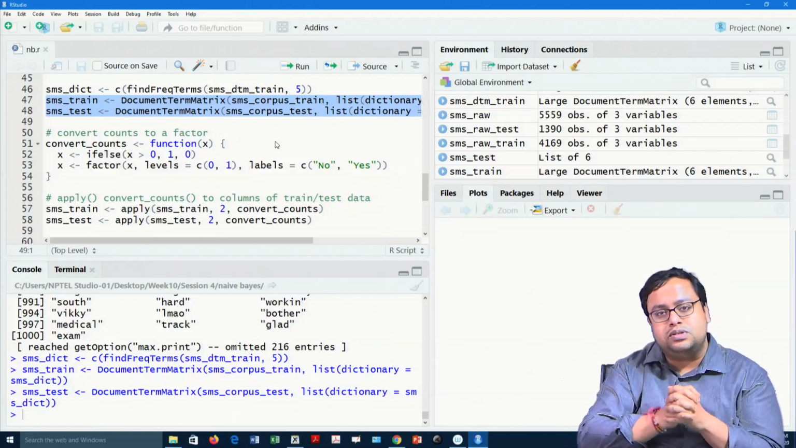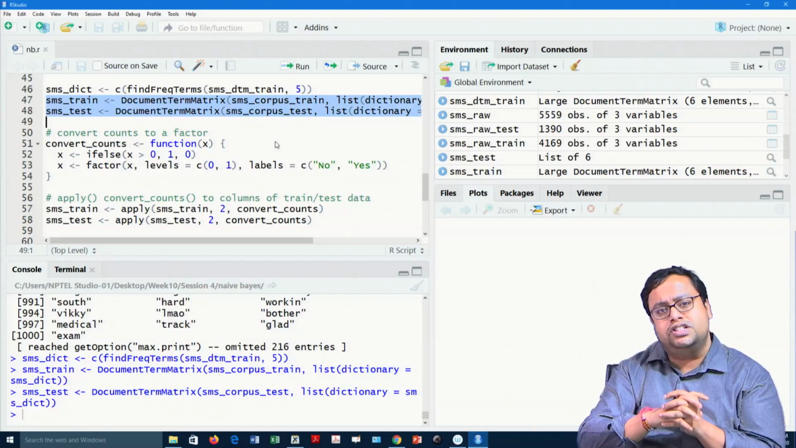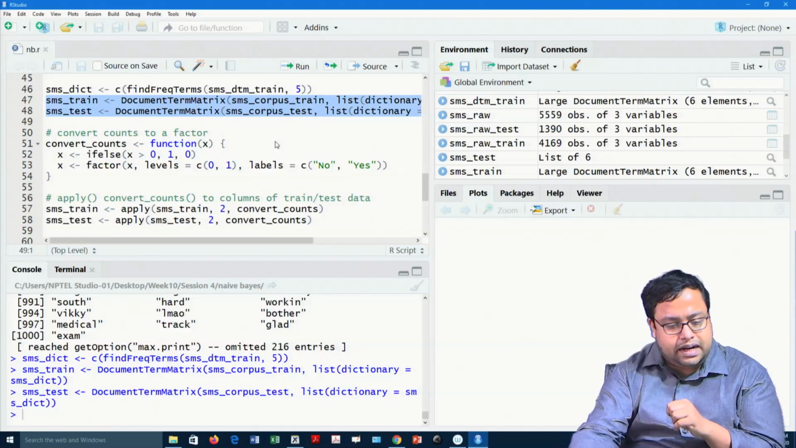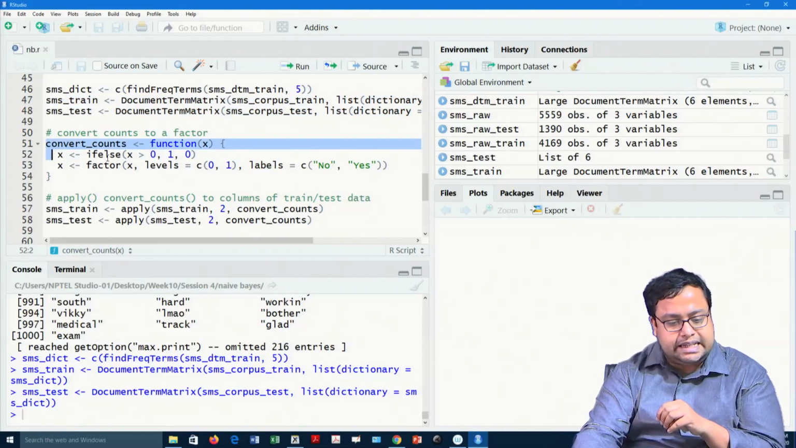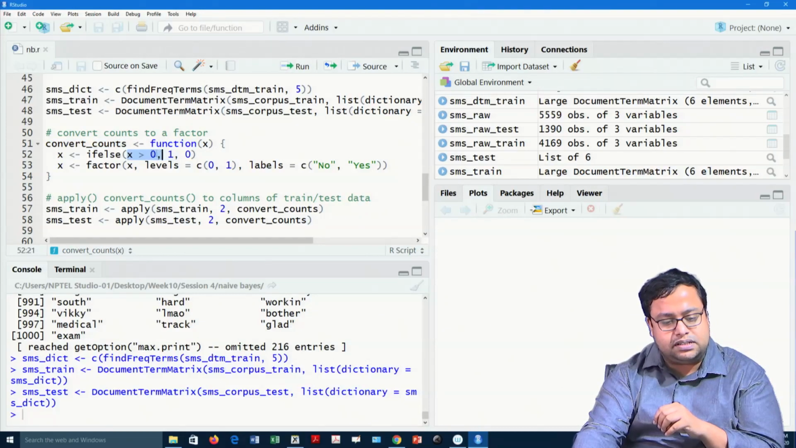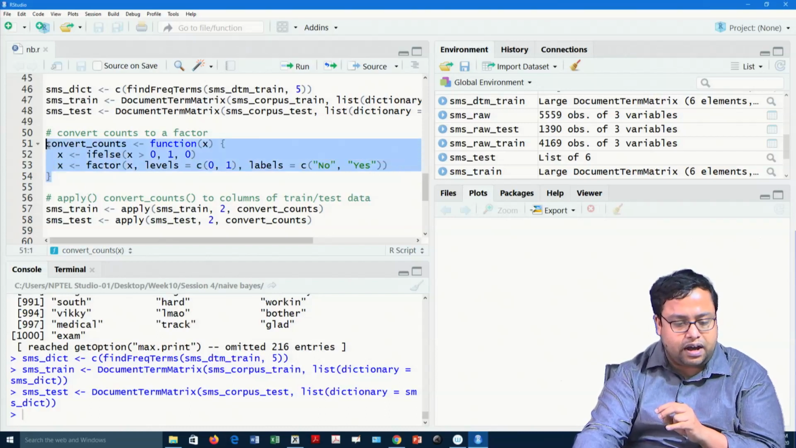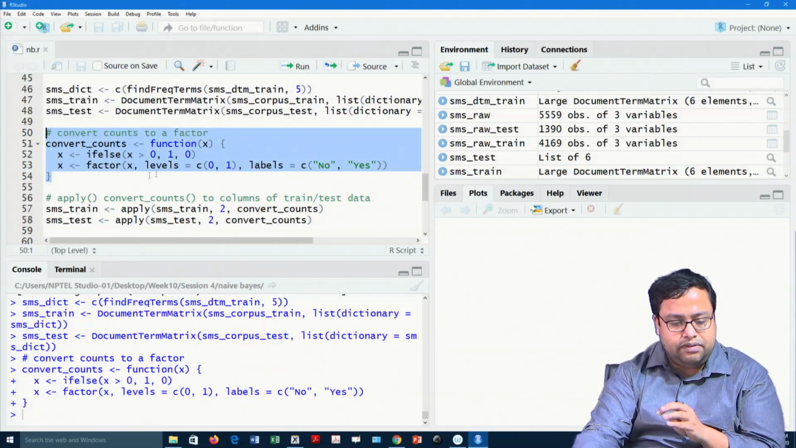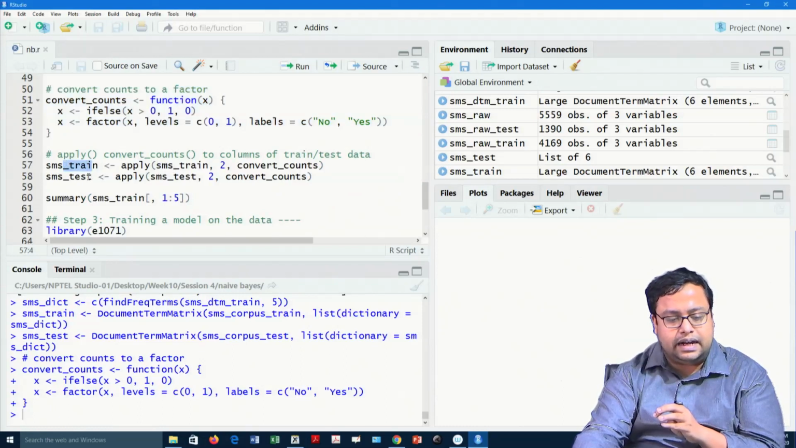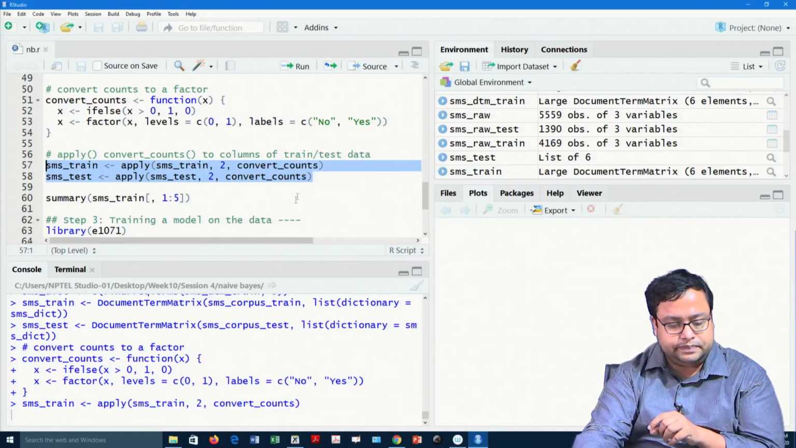So, I also have to change this document term matrix, which is frequency oriented, to an occurrence oriented one. So, I am creating a function called convert counts, which takes a value of x. If the x's value is greater than 0, any positive value, it will make it 1, otherwise 0. And then it labels 0 and 1 as no and yes. That is how I am writing a function, and then I will use this function on my training and testing DTM, document term matrix, to convert them to this kind of a thing. So, if I just run this,